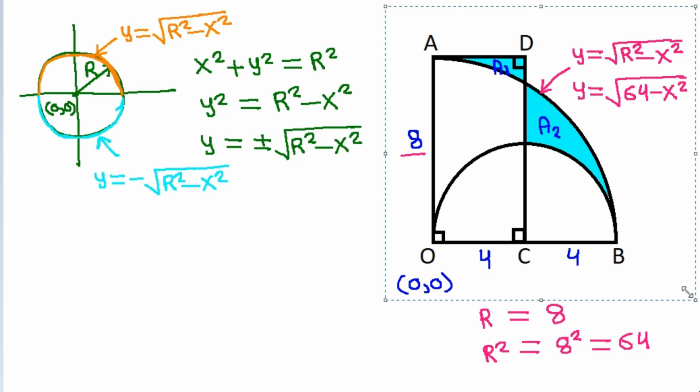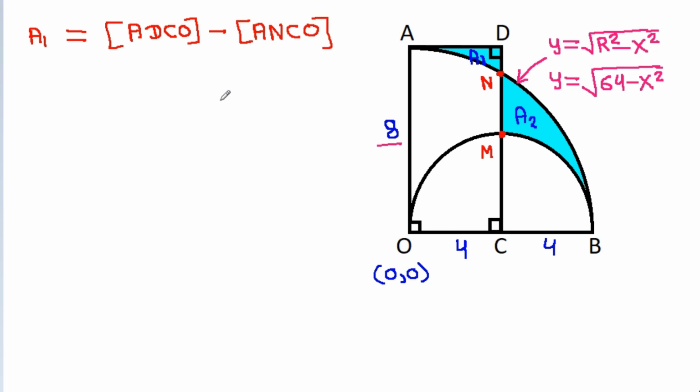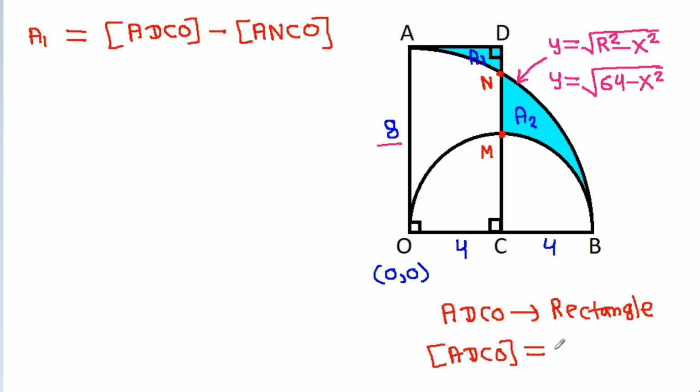and suppose this point is M and this point is N, then A1 will be equal to area of ADCO minus area of ANCO. And ADCO is a rectangle. So area of ADCO will be equal to AO times CO. So A1 will be equal to 8 times 4 minus